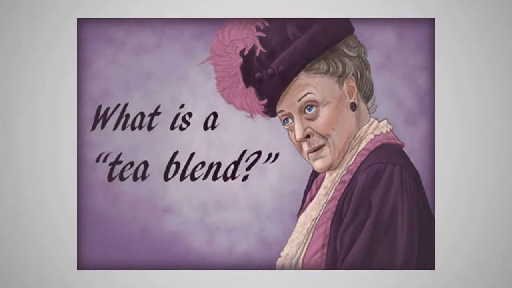So we really have to sympathize with Lady Violet when she asks questions like this. I mean, remember when Matthew first comes to Downton Abbey and says, well, I can only make it down here on the weekends. She says, what's a weekend? It's incomprehensible to her. And so the idea that there aren't specific kinds of tea that stay rigorously separate the way the classes are supposed to is, needless to say, a shock to the system.